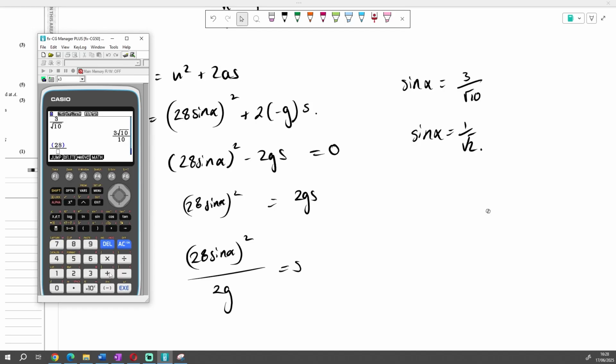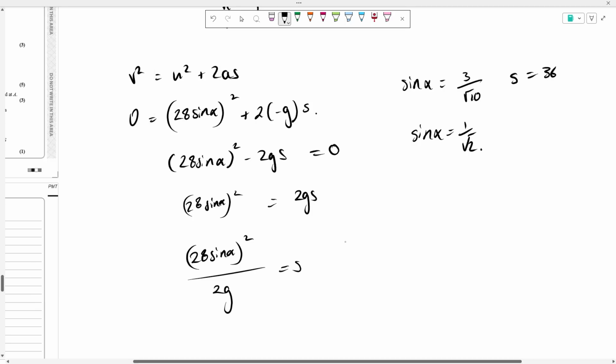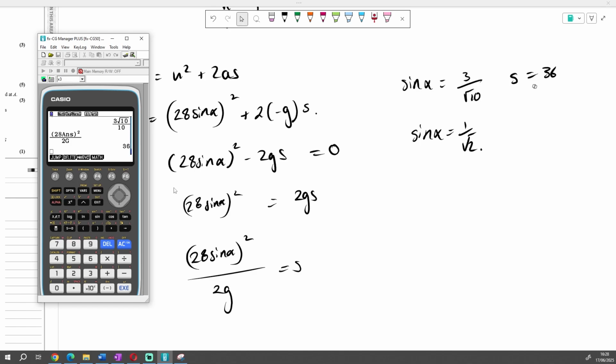28. I don't know why there's a little box around there. I'm going to 28 answer squared. The reason I've chosen answer is because this is my whole value of sine alpha, over 2g. So my first answer I get is 36. s equals 36. My other answer, if I switch 3 over root 10